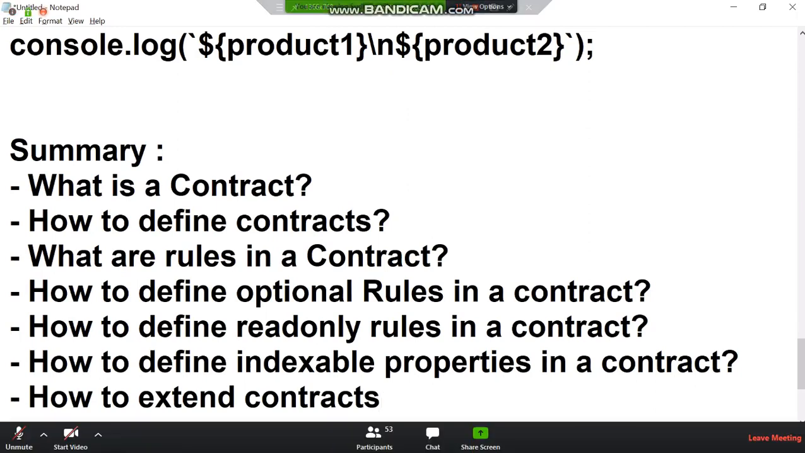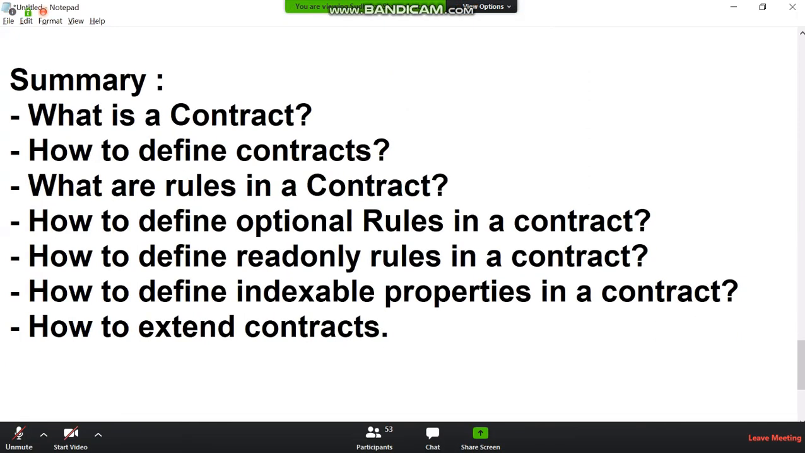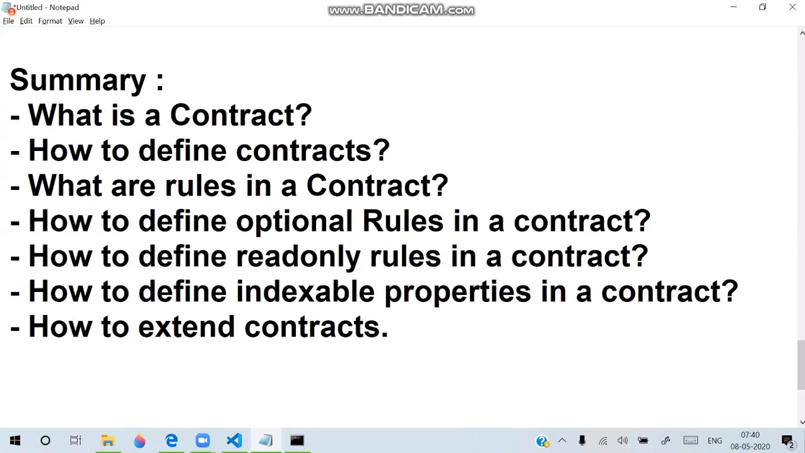How do we extend the contracts? These are all the basic points. Later you will understand another concept. But the point here is, generally, when we are creating the contracts,